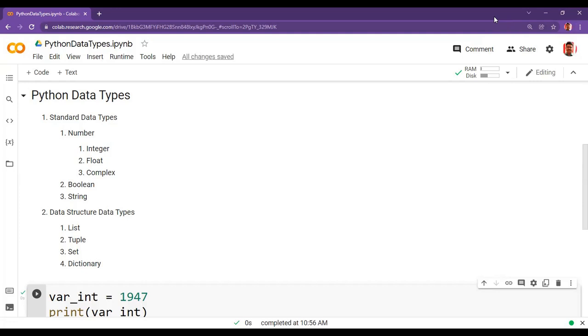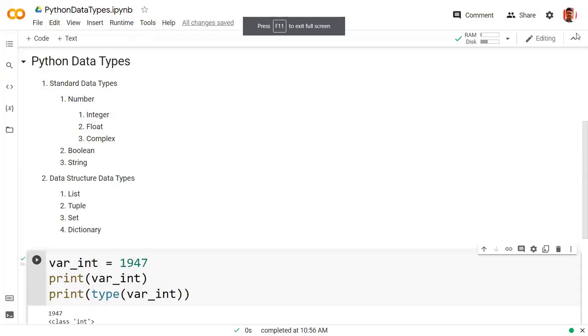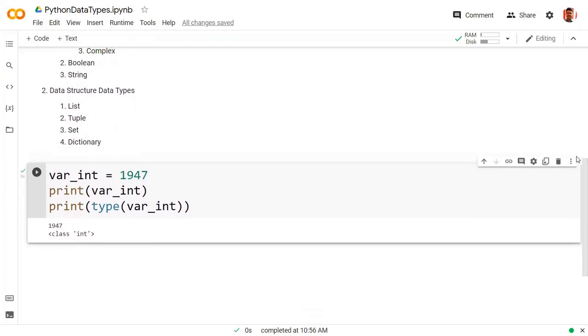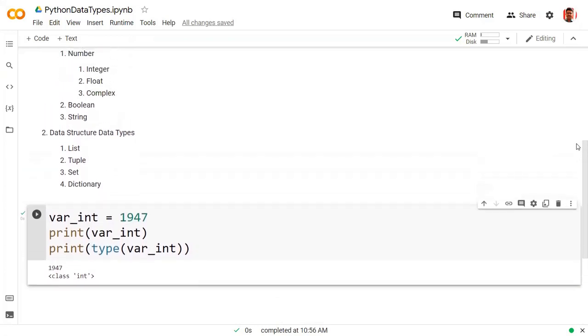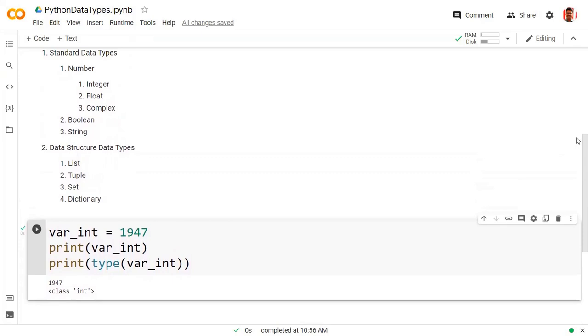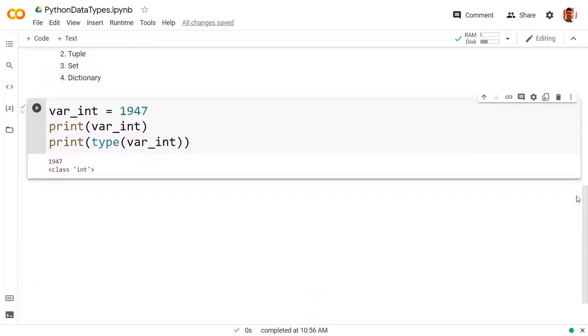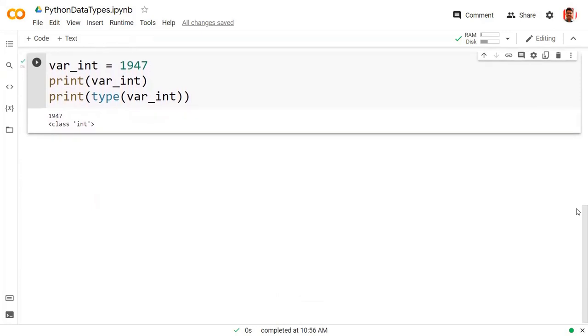In our case, it is integer, and it is represented as class int. As we grow in this area step by step, we will see why it is called a class and what the approach is behind that.